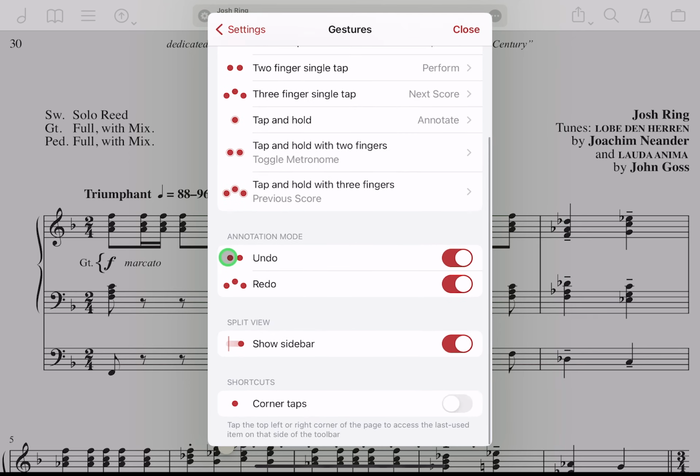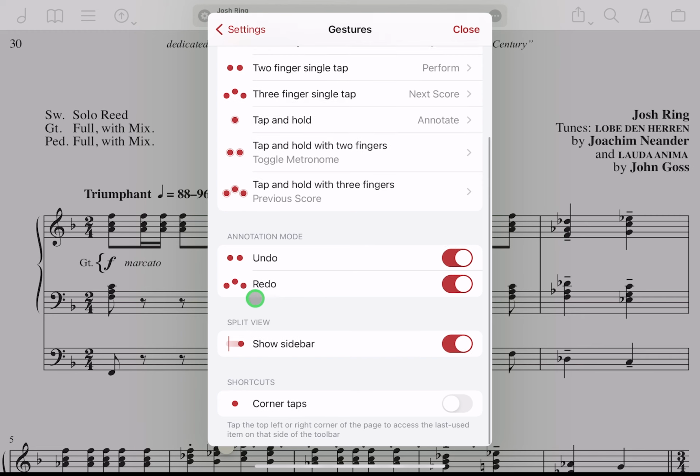Other gestures you could have is in annotation mode. I find myself using undo a lot, so you can do tap for undo with 2 fingers or redo for 3 fingers, which I find myself using a lot of the time. So to see that in action, here in annotation mode, when you write something you'd like to undo, just tap with 2 fingers. And if you should decide you'd like it back, again, just 3-finger tap will redo. And again, these 2 and 3-finger taps are only for when you're actually in